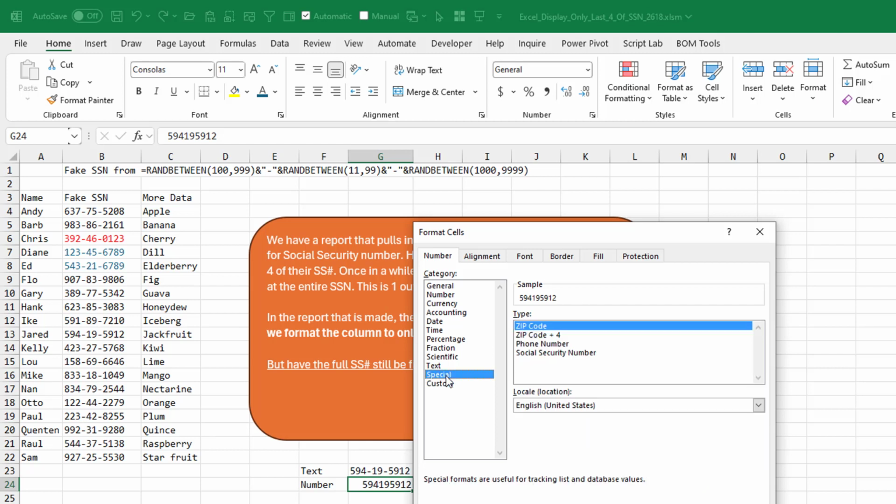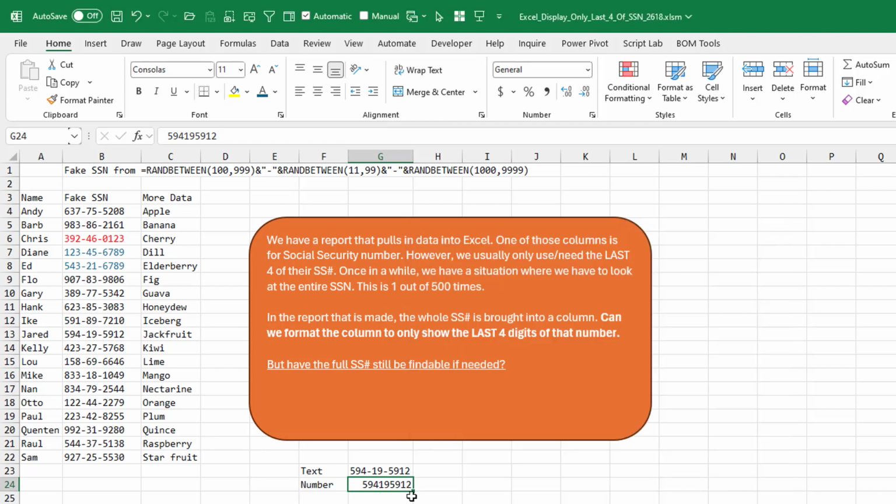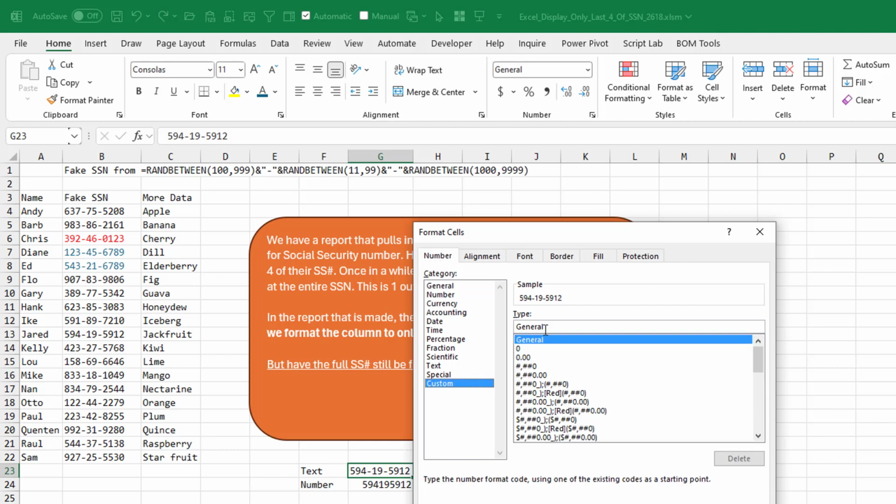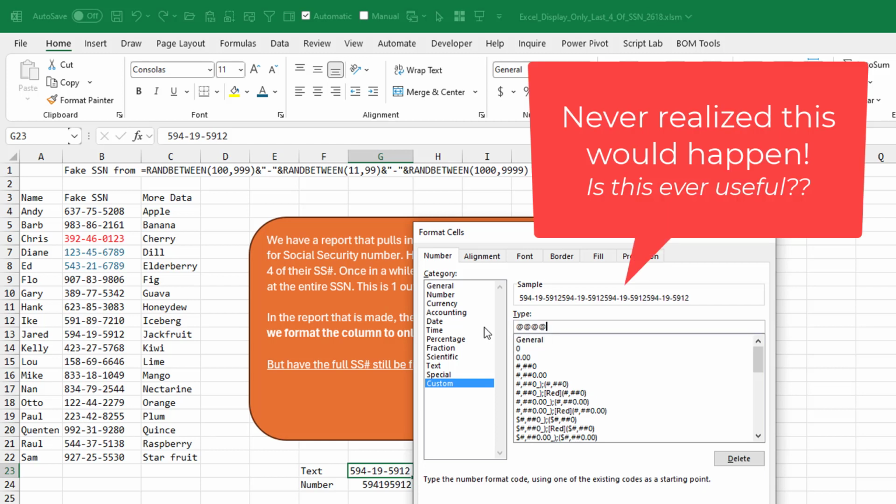Of course, we have a special format where we can format that number as a Social Security number and put the dashes in. And I'm not entirely sure if the folks who are getting this data are getting it as text or as a number. This solution assumes that it's as text. And I even tried this crazy thing: all right, so it's text, what if we just ask for the last 4 digits of the text with @? But that actually puts the Social Security number in 4 times.